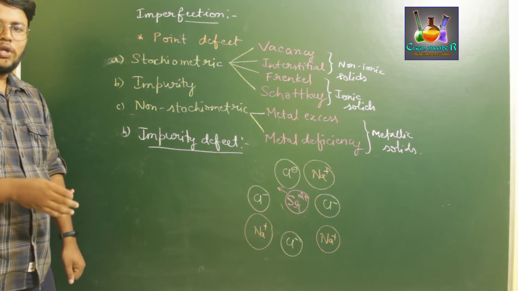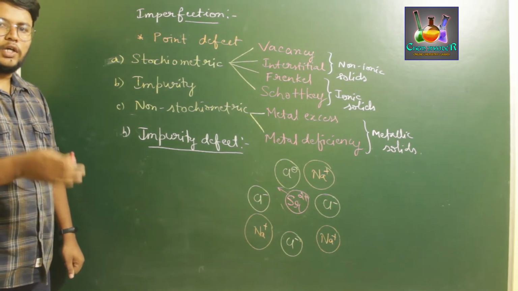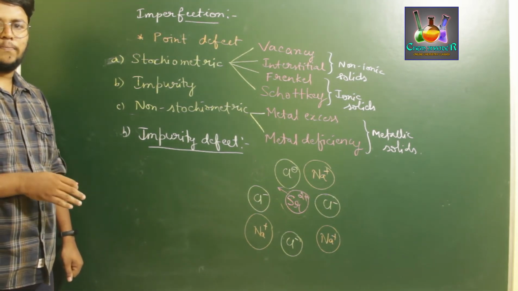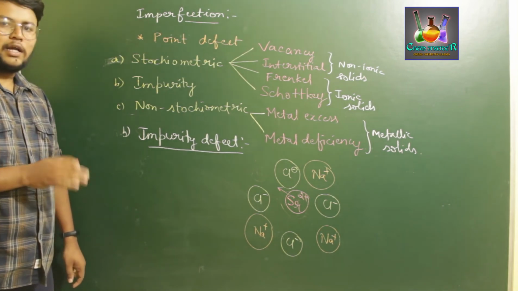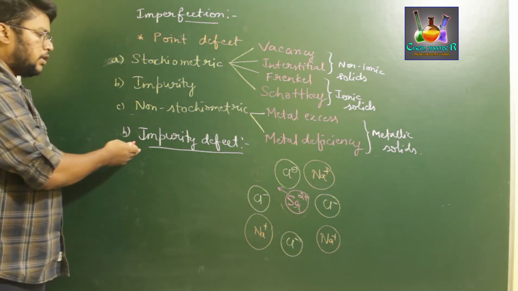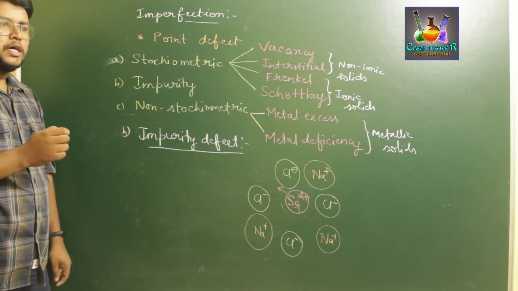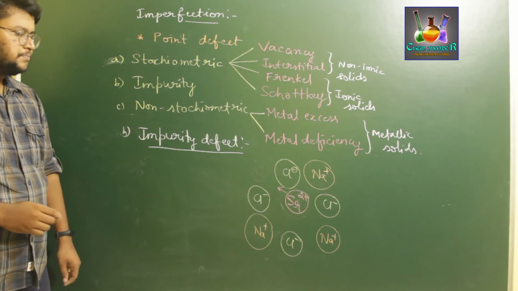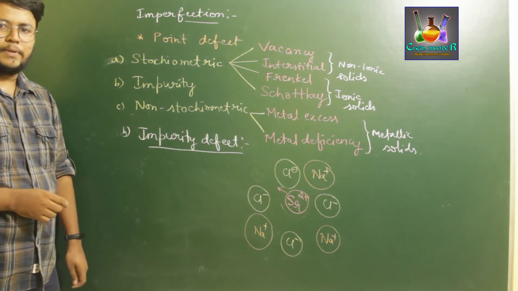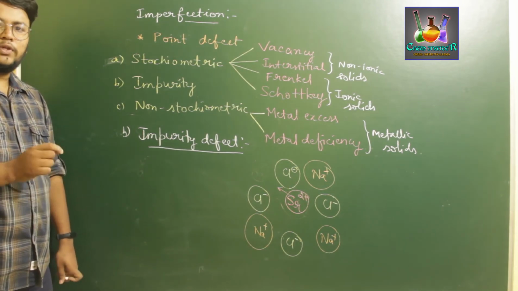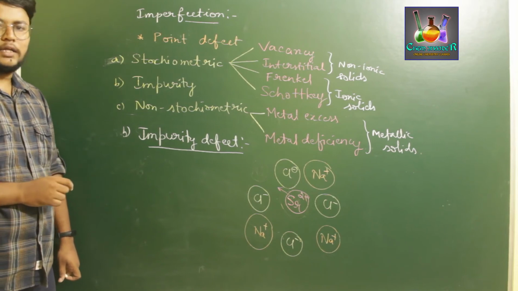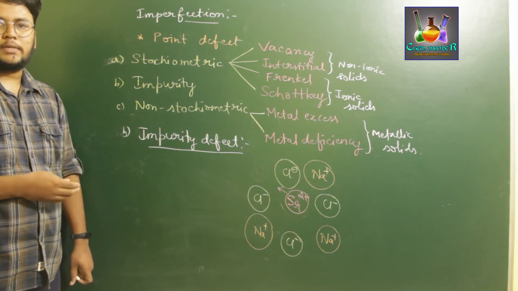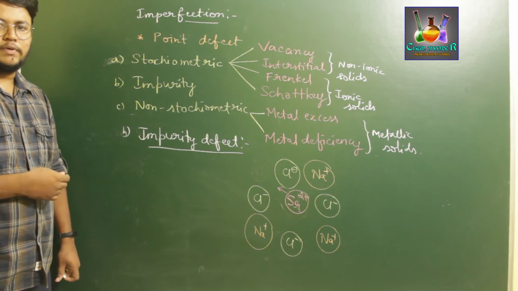So if a solid has an impurity, even though it has its particular structural composition intact, then that kind of defect is called impurity defect. So a crystalline solid is said to have impurity defect if it has an impurity present in it, which in its presence maintains the complete electrical neutrality of the given solid crystal.